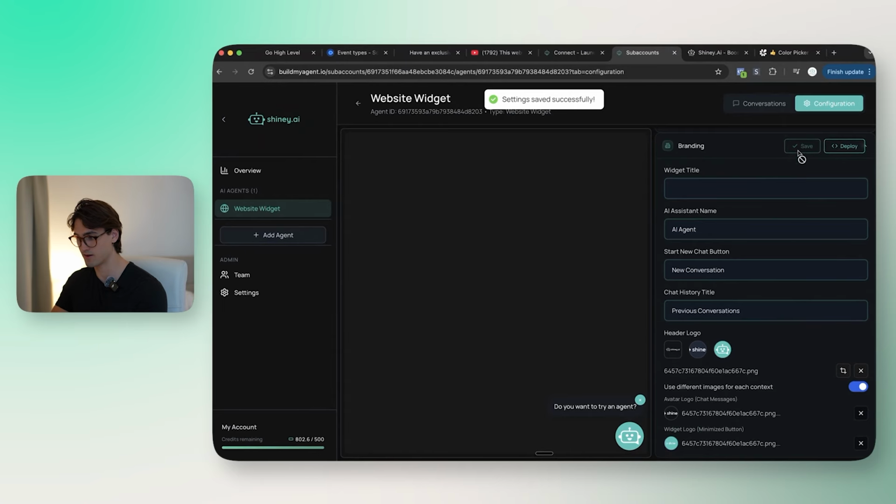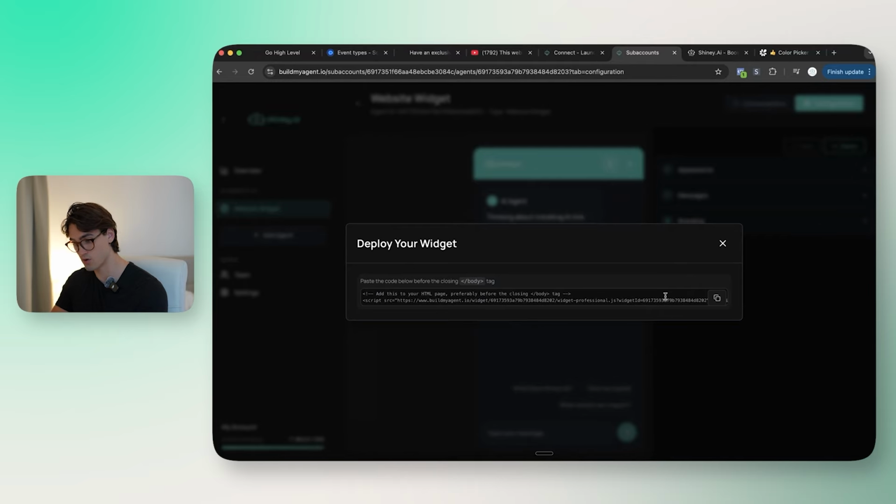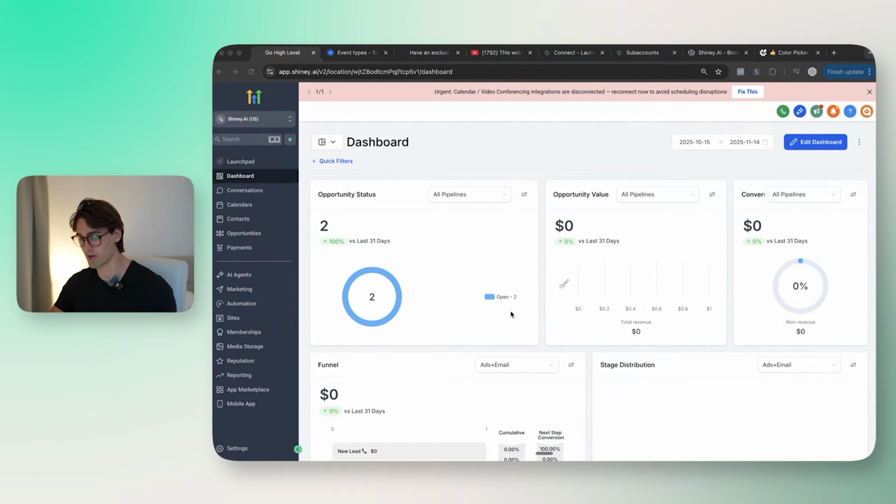We can save it right here, and then we can click deploy. This will give us this code right here, and this is the code that we're going to use to install it on our website. If you have installed it on HighLevel, like I showed in the YouTube video, then you can follow this one-to-one. But basically any website builder allows you to insert custom code like this, so you can insert custom elements. So if we copy this code right here and paste it into HighLevel or wherever we have our website builder,